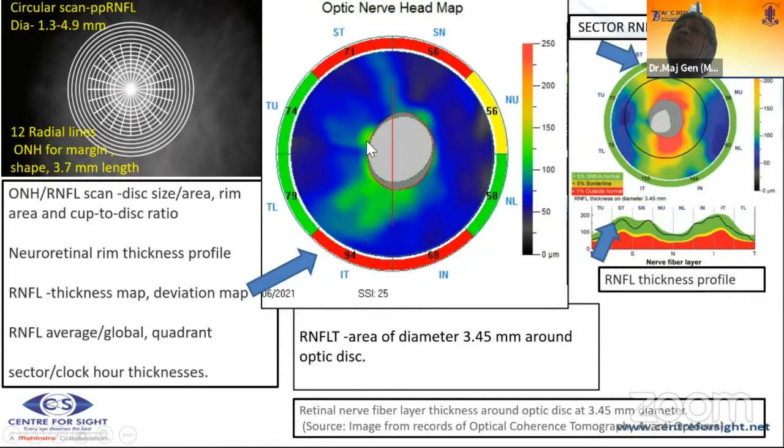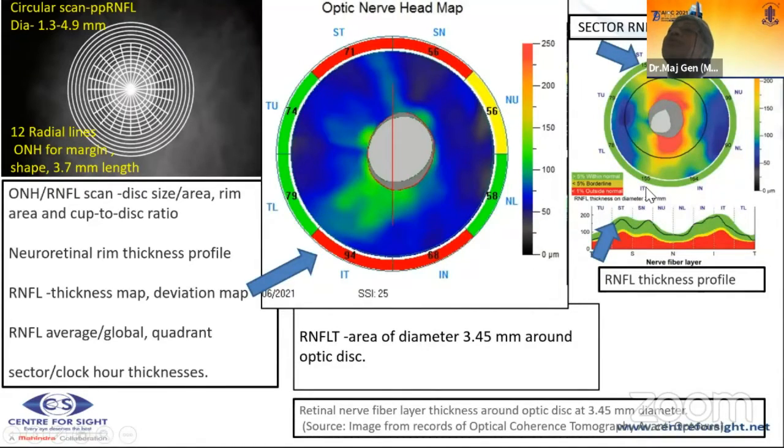First of all, this is the optic nerve head, and this is the optic cup. After that, you can see the retinal nerve fiber layer, which in this particular patient is green in color. Then come the sectors of the retinal nerve fiber layer: this is the inferior and this is the superior, this is the temporal and this is the nasal. And this is a comparison with the normative data, which is present right at the side of it.